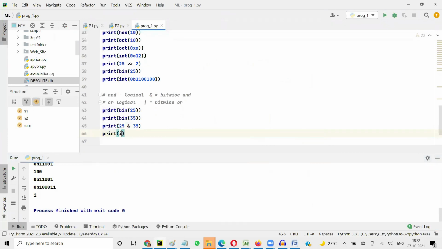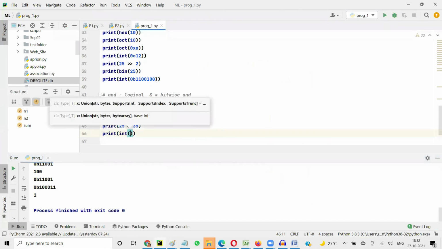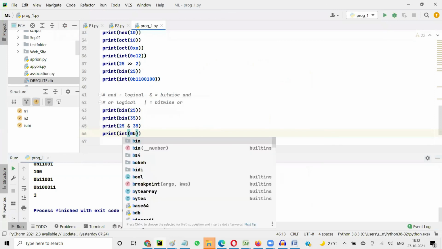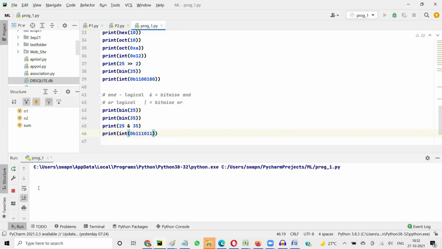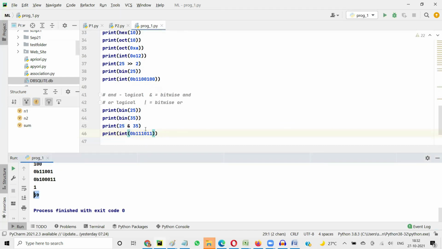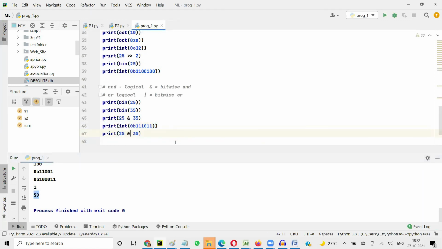Print int of 0b111011, which is 59, right? So now when we do 25 or 35, you get 59. You see that? So 25 and 35, if you do bitwise OR, which is the pipe sign,